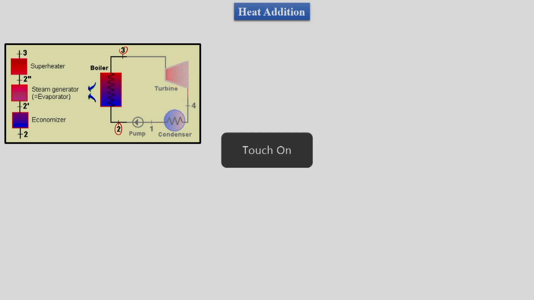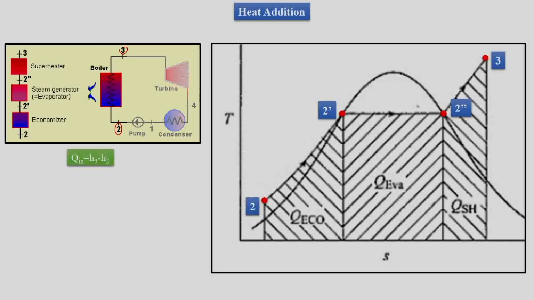But the same process, when we represent it in the TS diagram, we said that 2 to 2 dash is partially one part of heat addition, then 2 dash to 2 double dash is the second part of heat addition, and 2 double dash to 3 is the third part of heat addition. So here 2 to 2 dash is done in the economizer, 2 dash to 2 double dash is done in a steam generator,